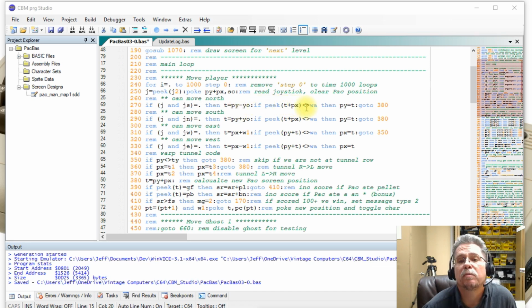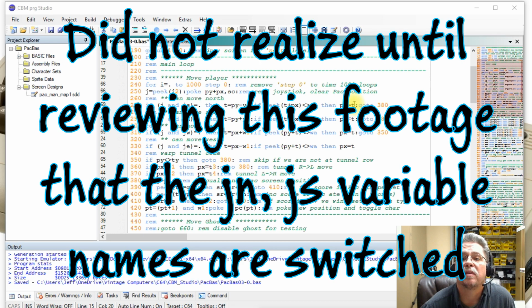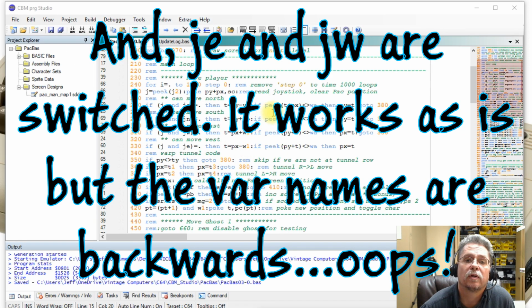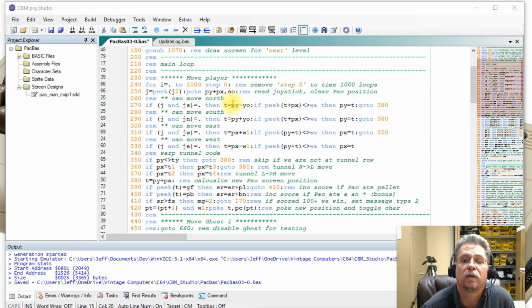And then we look at that position to see if there's a wall there. If there's not a wall there, then we can make that our new y position and we can skip all the other directions. And then we do the same for north, west, and east. This means if you have, let's say, the joystick going north and west, you're pressing two switches at one time, it's going to give preference to north. And if you have it going, let's say, south and west,